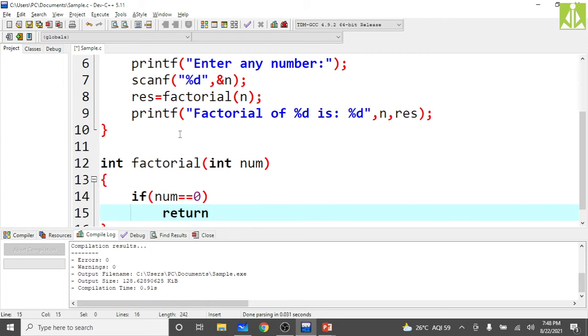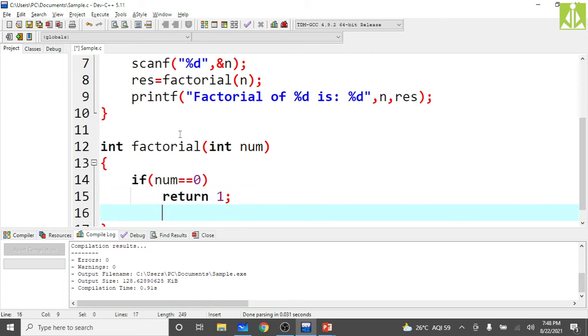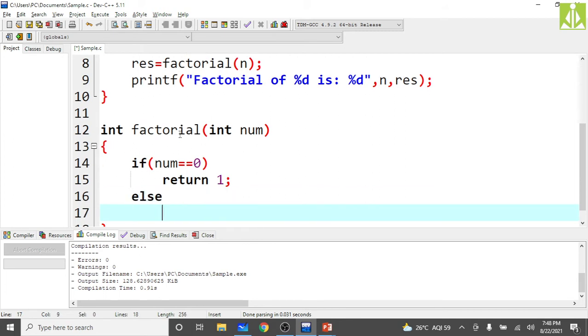Return 1. Otherwise, in the else part, return num multiplied with factorial of num minus 1.